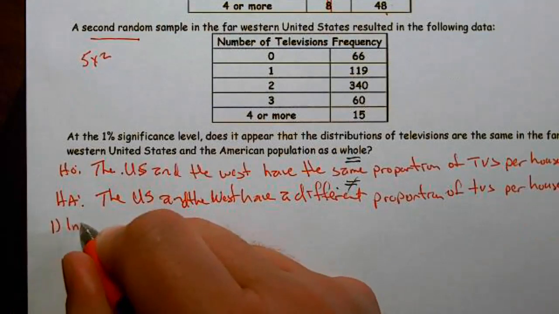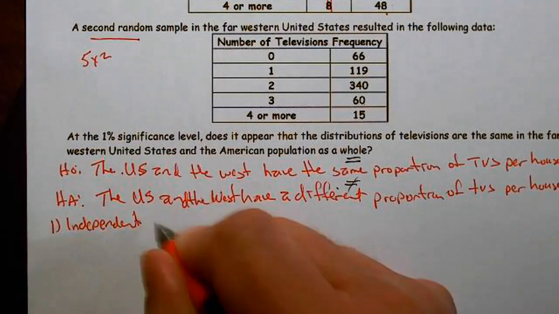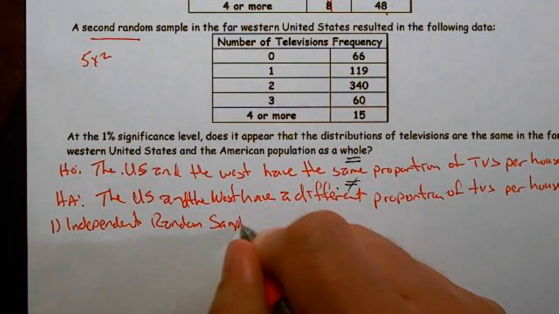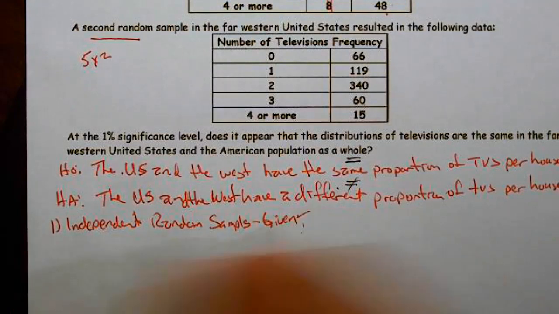Condition 1, independent random samples given. We have two of them. Independent random samples given. 2,